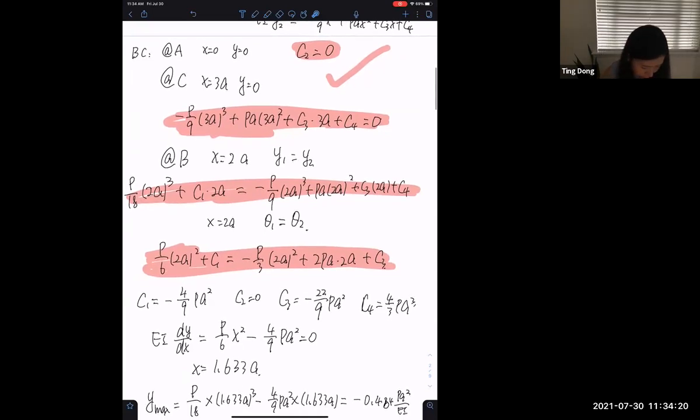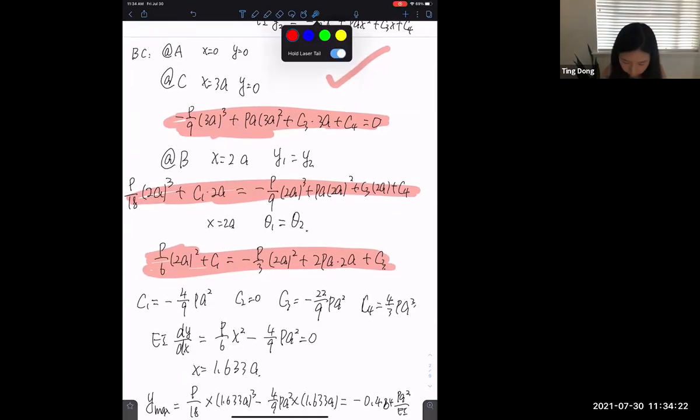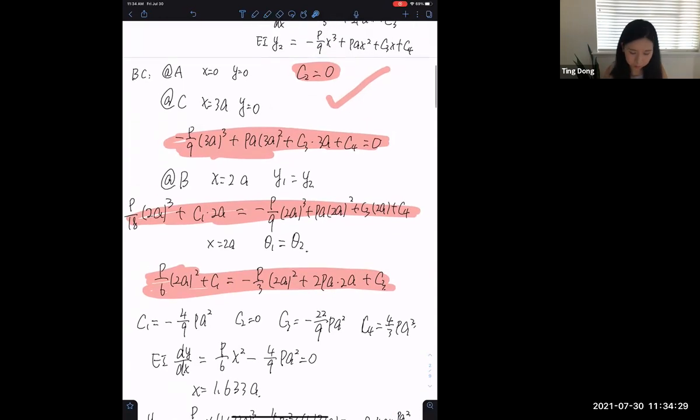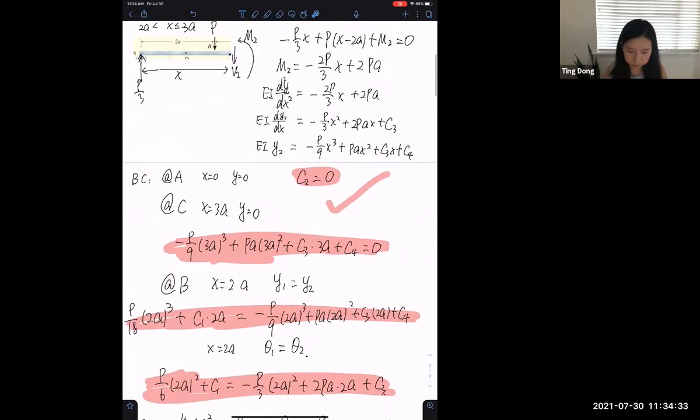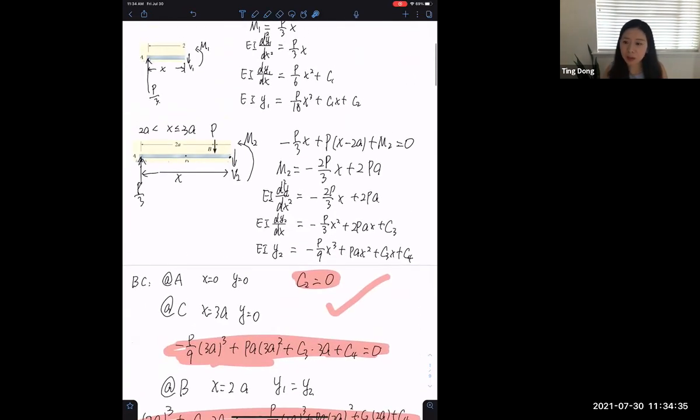Yes, it's the PA square. So you mean here, right? It's PA square. Yes, you're welcome. Any question here? I think the calculation part,